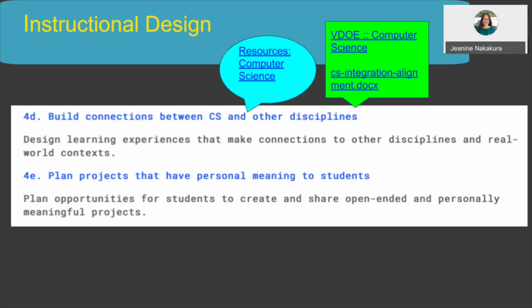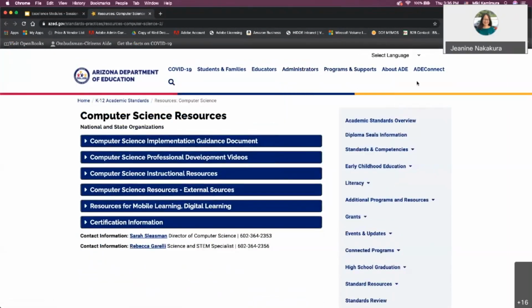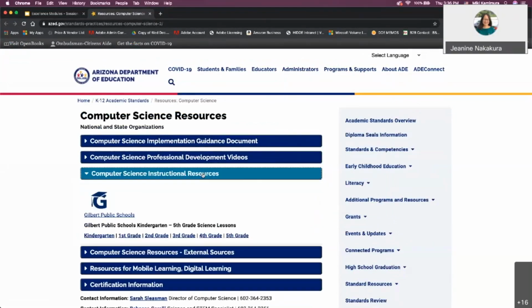The other thing I want to point out is that if you are looking for connections to other disciplines, you can click on the little bubbles. The first one, that bright blue one, computer science resources, is for elementary grades. It's from Gilbert Public Schools. If you click on the one that says computer science instructional resources, that will show you this is for Arizona, Gilbert Public Schools, but